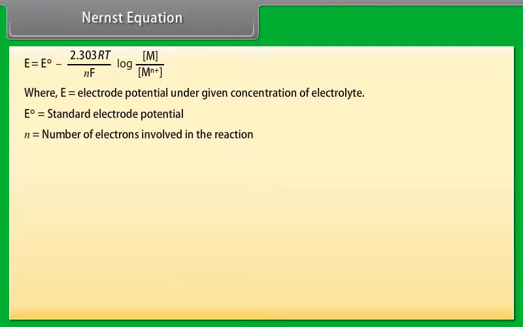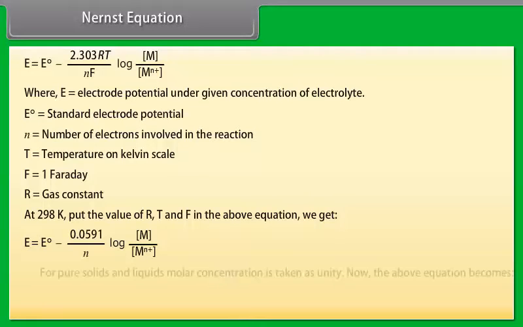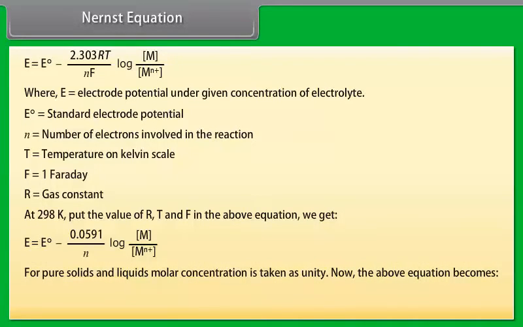The electrode reaction is written as reduction reaction. Nernst equation for this reaction is given by E is equal to E naught minus RT upon nF multiplied by natural log of Q, where Q is the reaction quotient. It can be represented by M upon M ion. Put the value of Q in the above equation. We get E is equal to E naught minus 2.303 RT upon nF log M upon M ion, where